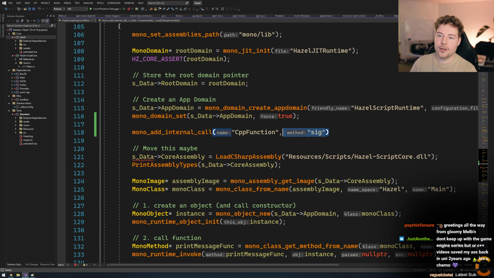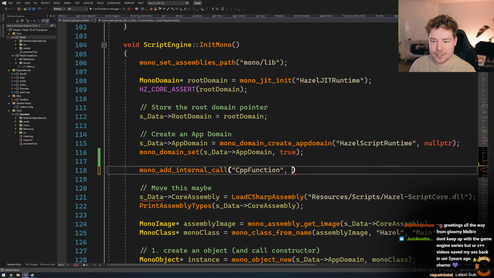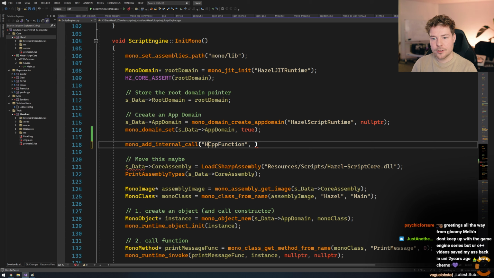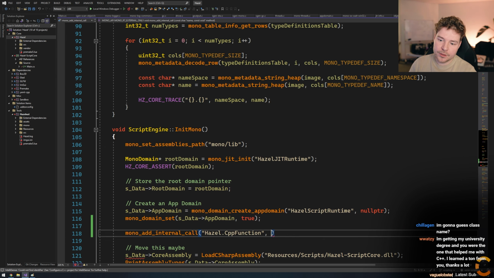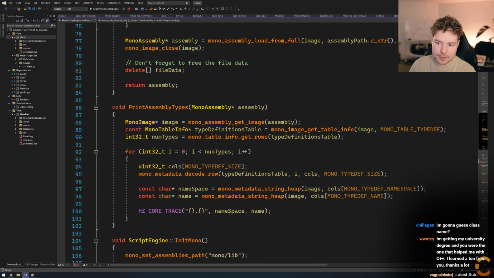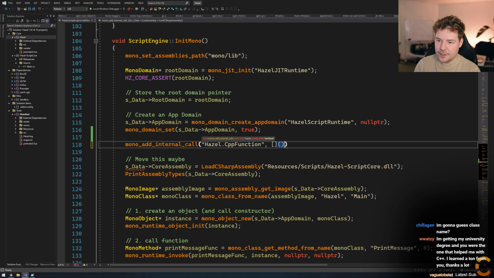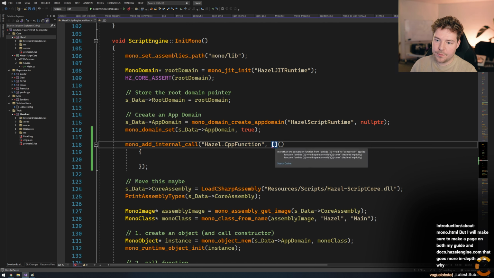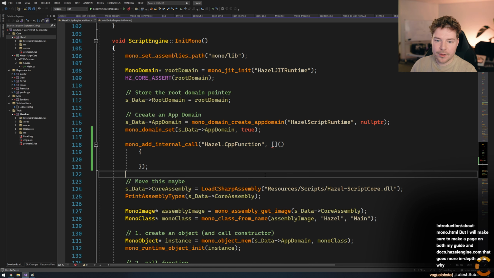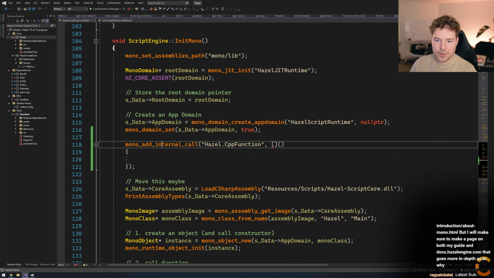But the signature I think is a bit more. Oh, no, sorry. Const void pointer. That's the C++ thing. So what is it? It's just that. Hazel.cpp function. The const void pointer here is actually going to be a C++ function pointer, I believe. So if I do something like this, can it be something like that? Maybe not. More than one conversion. I never really tried it with a lambda. But let's work this out as if we didn't know what we're doing.